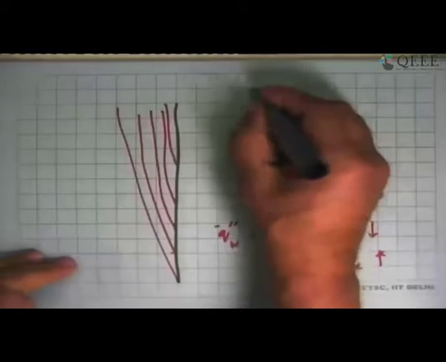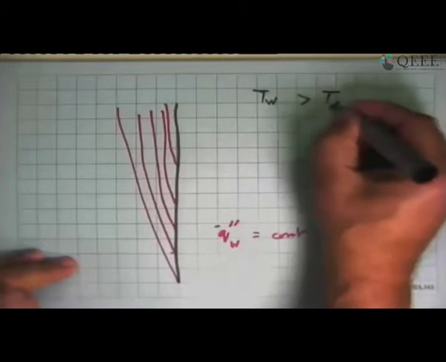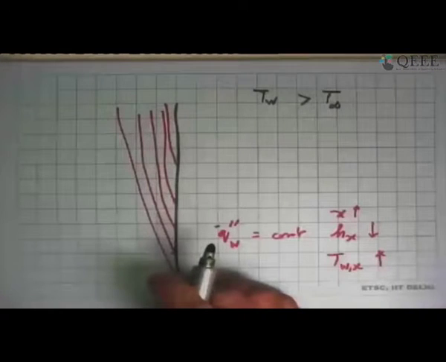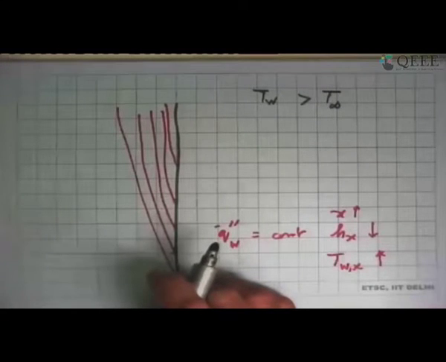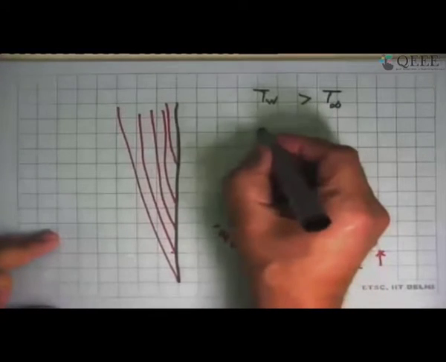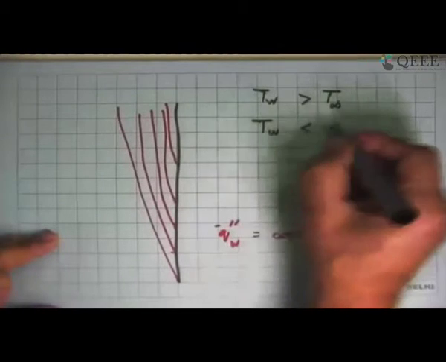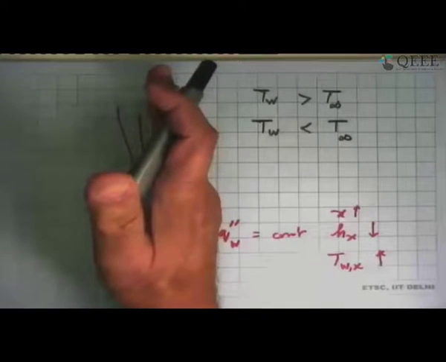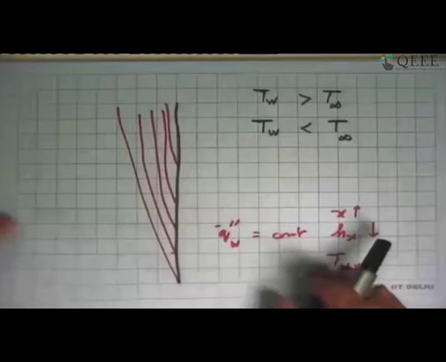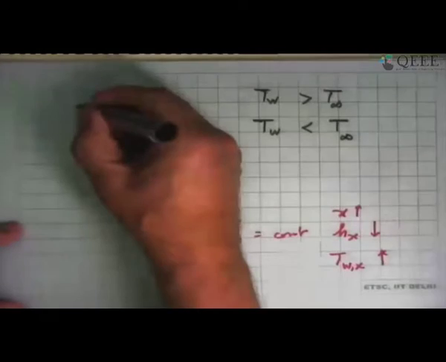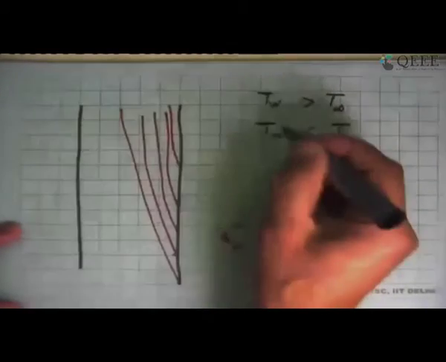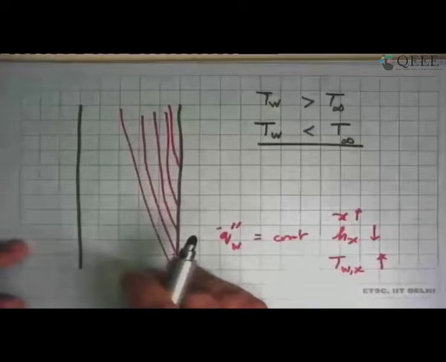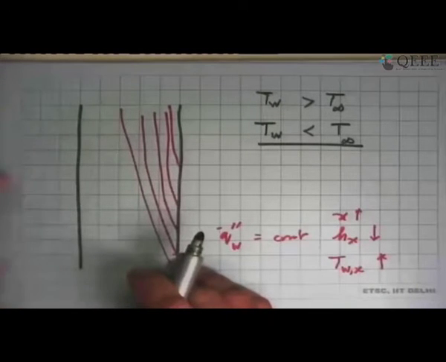So what I've discussed here so far has been for the case where T_W is greater than T infinity, a heated plate standing in a quiescent fluid. The entire discussion is equally true if we apply it to the case where the wall temperature is less than the surrounding fluid. And I'll just draw one case: if this is a plate where wall temperature is less than T infinity, then we know that exactly the opposite will happen.